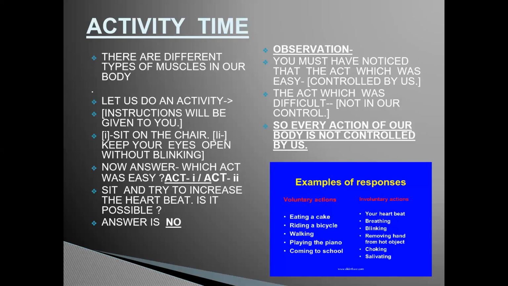So what is your observation? You must have noticed that the act which was easy, like sitting on the chair, was controlled by us. It means we can sit on the chair till the time we want. If we don't want, we can stand, we can move from that place, from the chair. And the second act and the third act